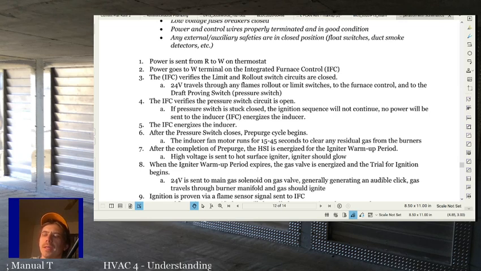Alright, then the integrated furnace control, or the circuit board, verifies the pressure switch circuit is open. So you'll usually have a pressure switch connected to your draft going out, your exhaust. If you've got a 90%, you will probably have multiple pressure switches, one for intake, one for exhaust. High efficiency water heaters tend to have 3 switches. So you'll have one or multiple pressure switches that will need to be closed, but it always verifies first